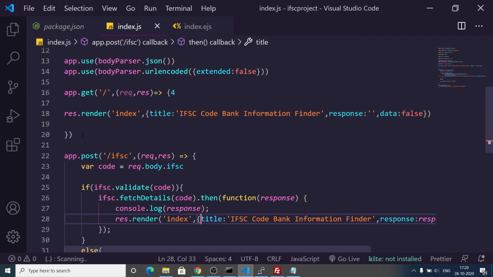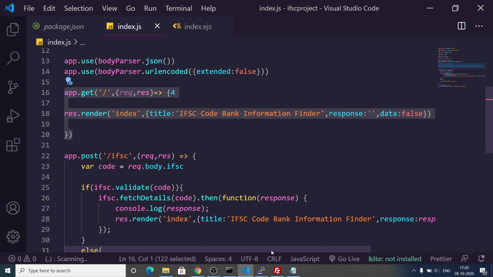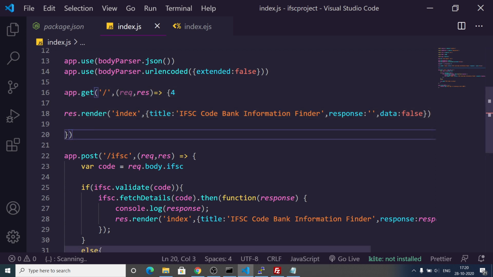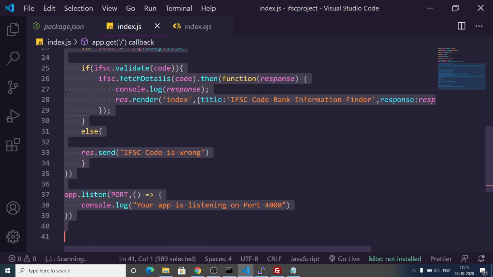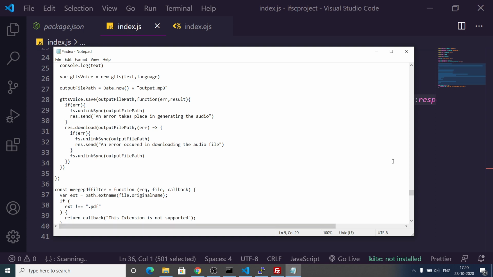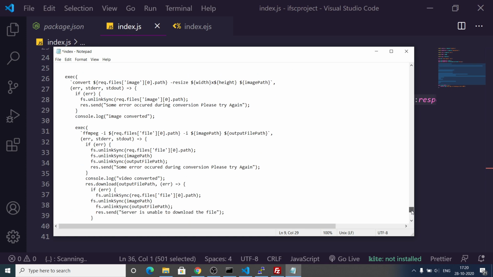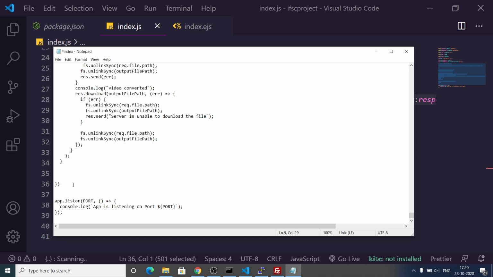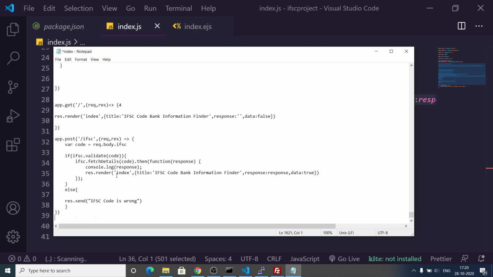So we need to simply copy this code. I can just simply copy paste all this code here like this, paste it, and I can go to the bottom here and I can paste it here. You can see that we have successfully copy pasted here, and now we are in a position to, I think we have changed the file.